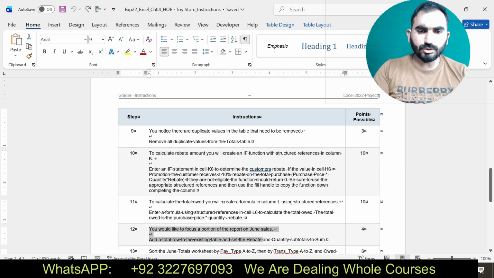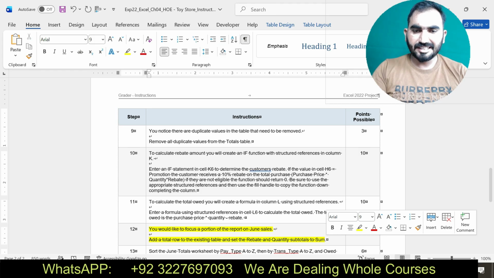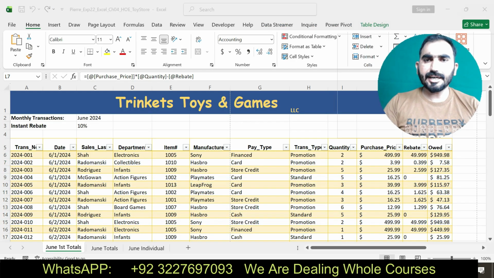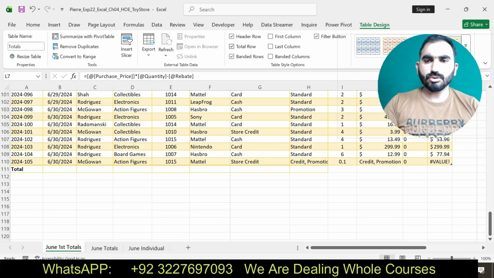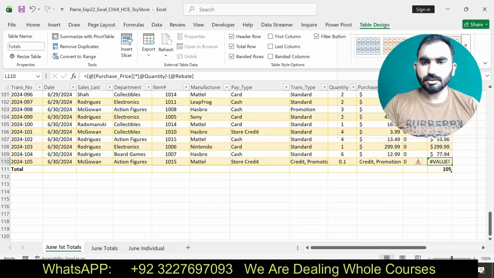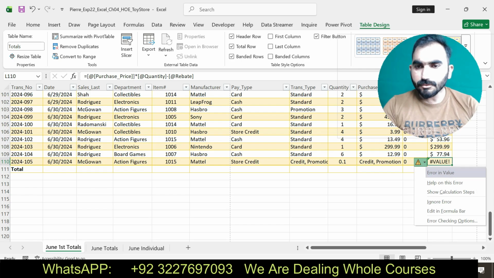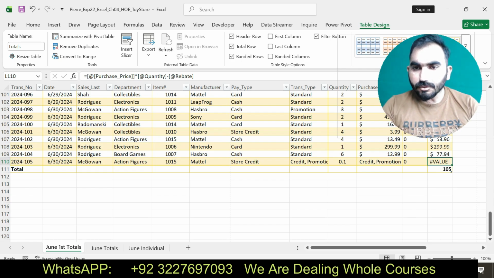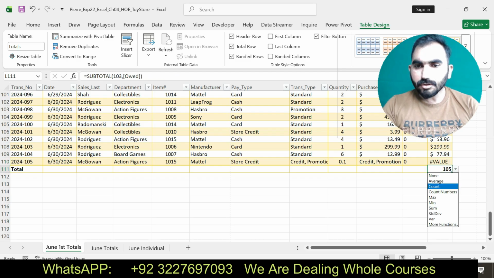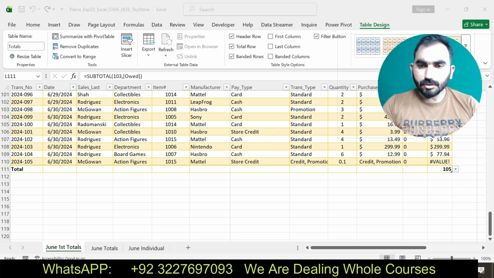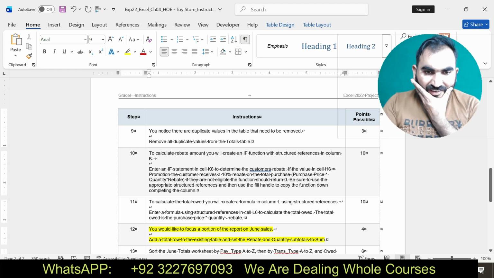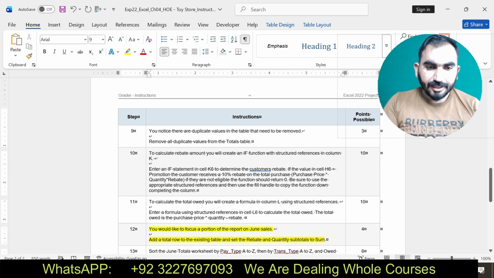Add a total row to the existing table and set the rebate and quantity subtotal to sum. Now according to the instruction, go to Table Design and check Total Row.